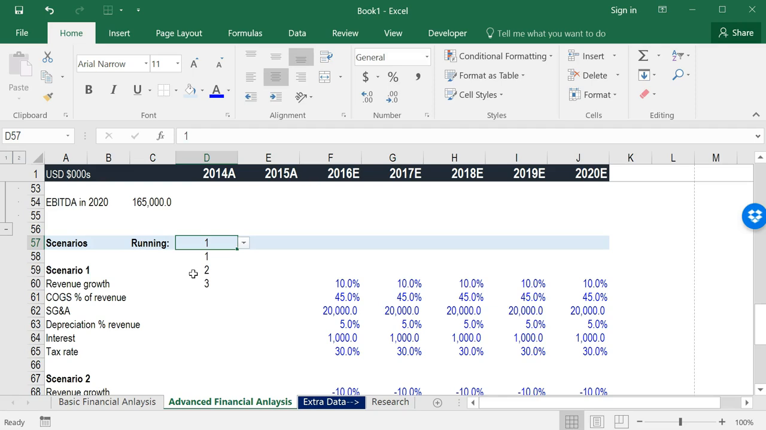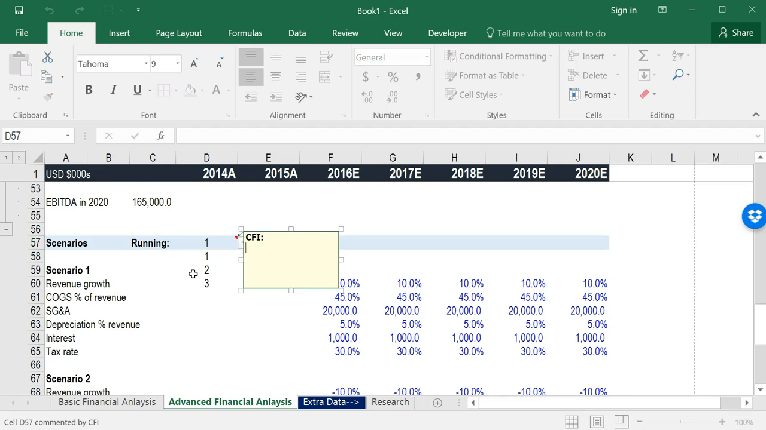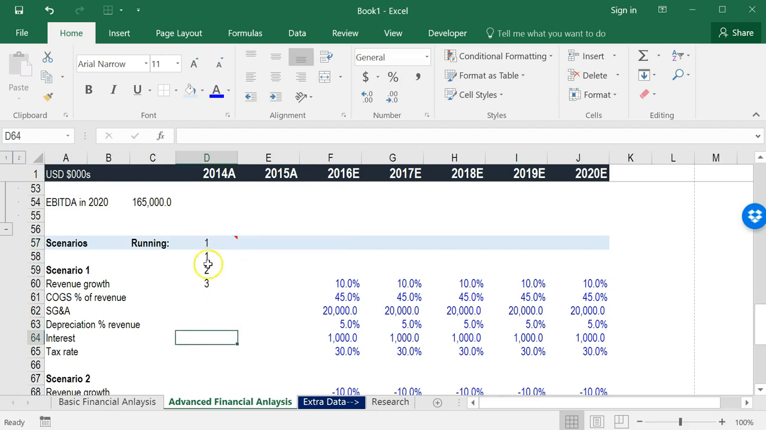And the other thing that I'm going to do here is I'm going to press Shift and F2 to create a comment, and I'm going to say select scenario. So I've got a little comment here. And if you want to go even further to really flag the fact that this cell needs to be selected